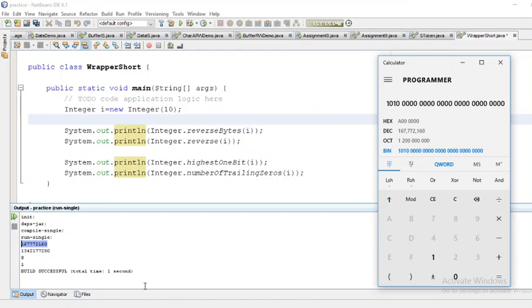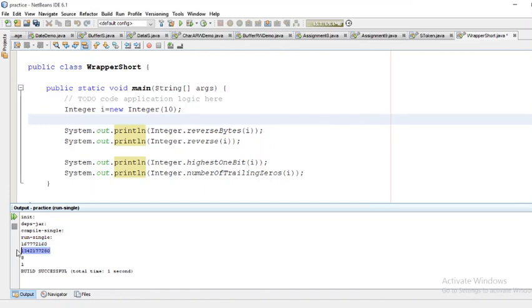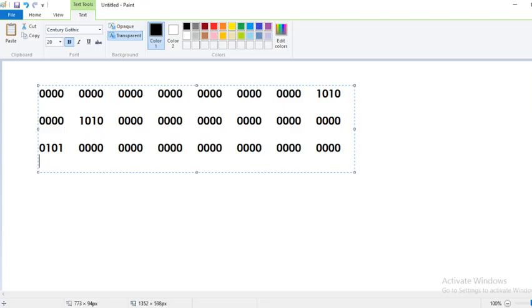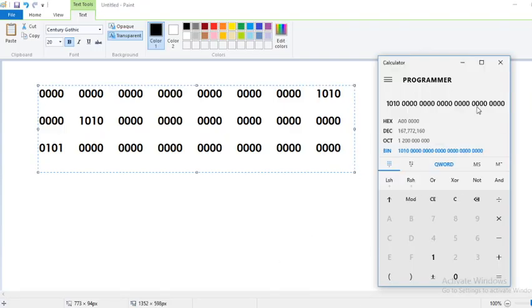We will verify this number also. Reverse bits, all the bits are reversed. So for that I place this number now. It is 0101, and remaining all are zeros.